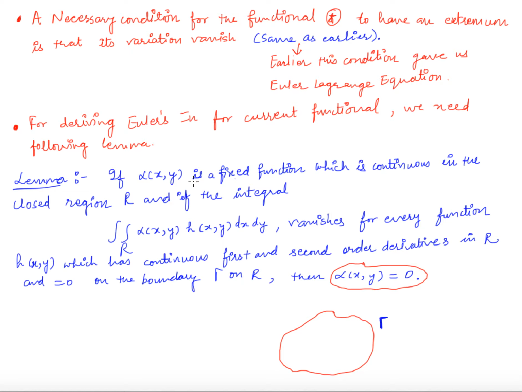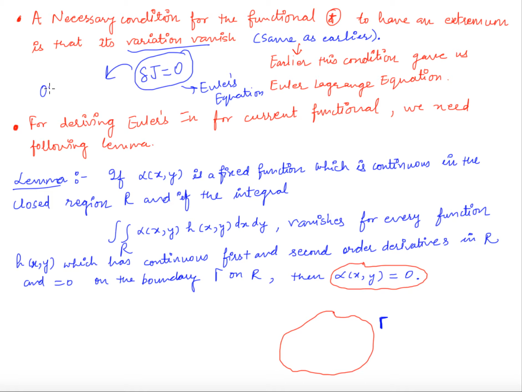Okay. So as before, how we will derive the necessary condition. The necessary condition was that the variation of the functional should be equal to 0. So this condition has already given us Euler's equation in the first case, and if we now impose this condition, we will get